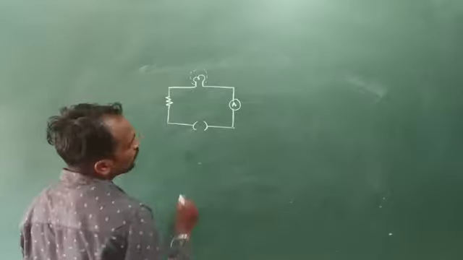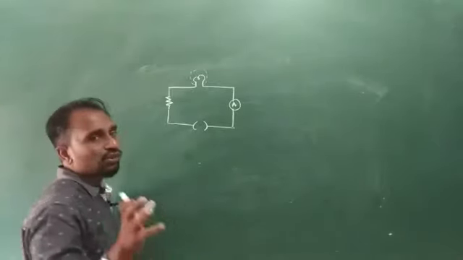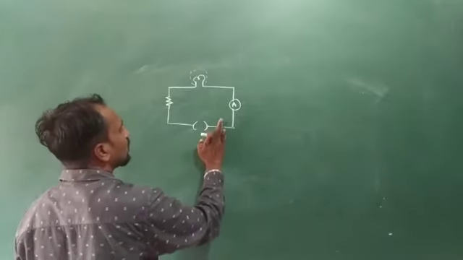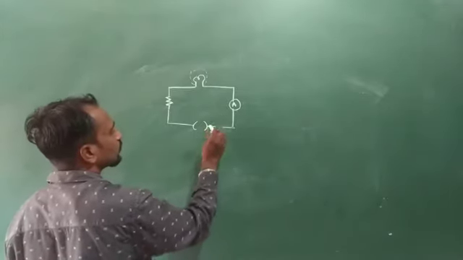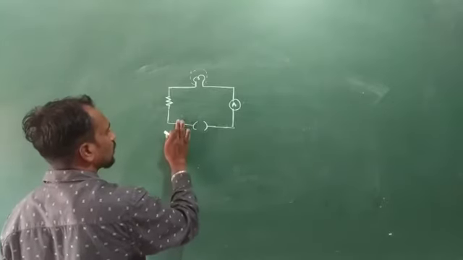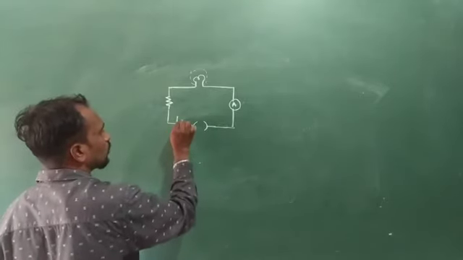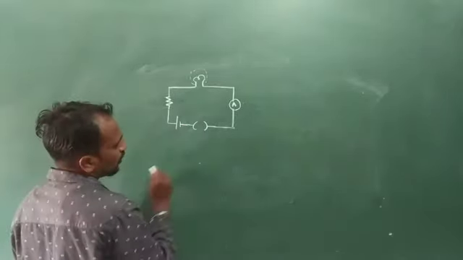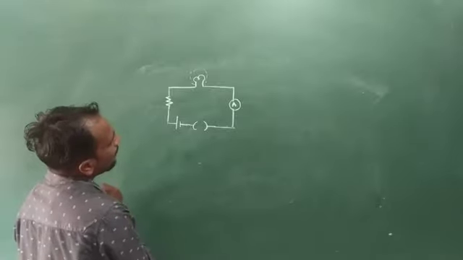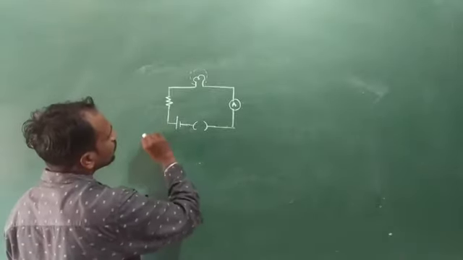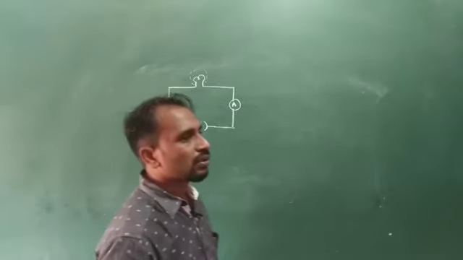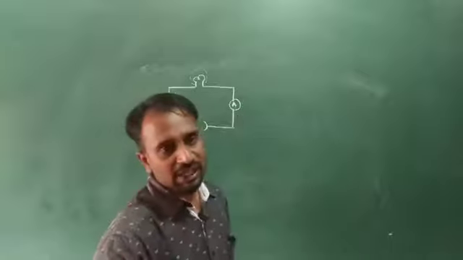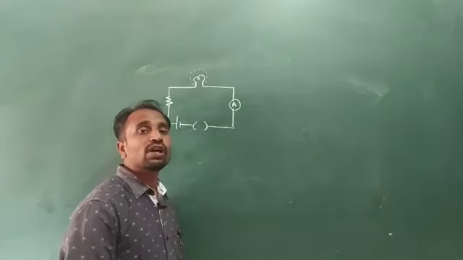And next one, here we connect a battery to this circuit. Okay, so here we consider a battery, with a positive and a negative terminal. So this one is a cell, or we can consider it a battery. Okay, suppose here we want to measure electric potential. It means, here we consider a voltmeter.